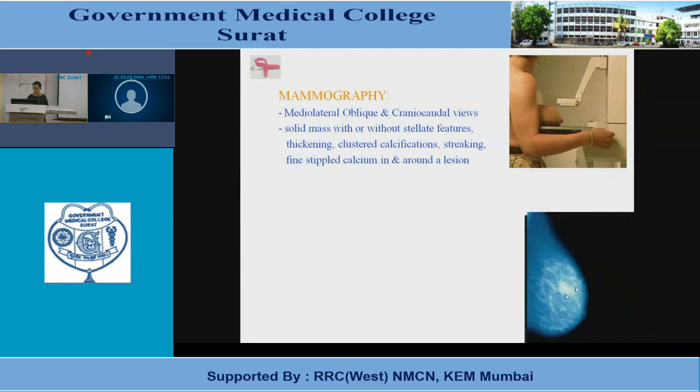Small striations that are coming out from this. So screening mammography is not recommended for less than 40 years of age. Why? Because there is large breast density. So what you are seeing here, can you see this area is white. These areas are larger and these are known as the breast density, and it is high in cases the female is less than 40 years of age, and therefore there are high risk or such chances of high false positivity.